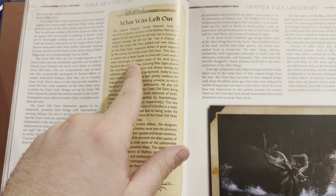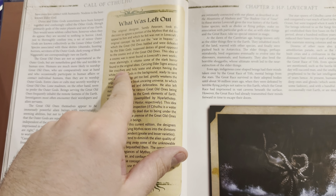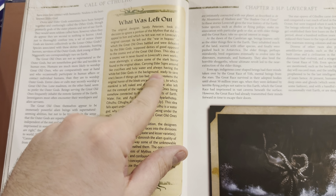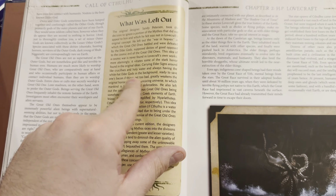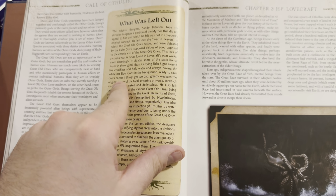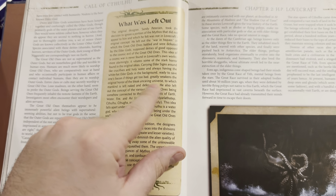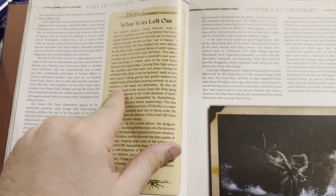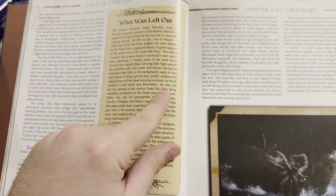More alarmingly, it vitiates some of the stark horror found in the original ideas. Carrying Elder Signs around like crucifixes and holy water, and always having the white hat Elder Gods in the background ready to save one's bacon if things get too bad, greatly weakens the original horror of the bleak, uncaring universe in which mankind is left naked and defenseless. He also left out